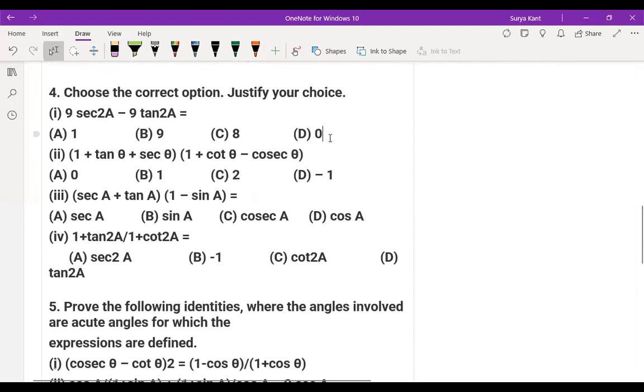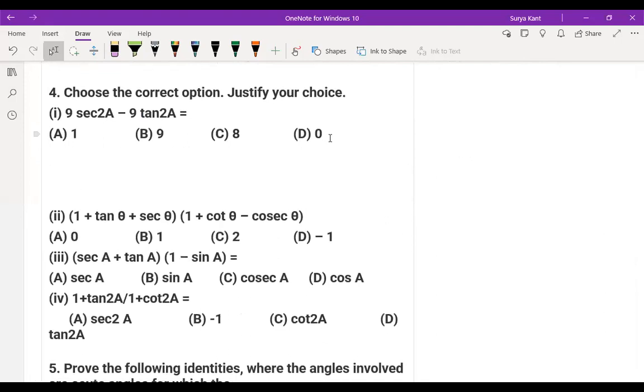Okay, now we'll solve question number 4, first one. This is not sine 2a, this is sine square a, and this is tan square a. Okay, 9 sine square sec square a, and this is tan square a. So what is the answer for this, children? Let me know fast. Tell me the answer for this. What would be the answer for this? The 9. Okay, 9. Anybody else? 9. All right.